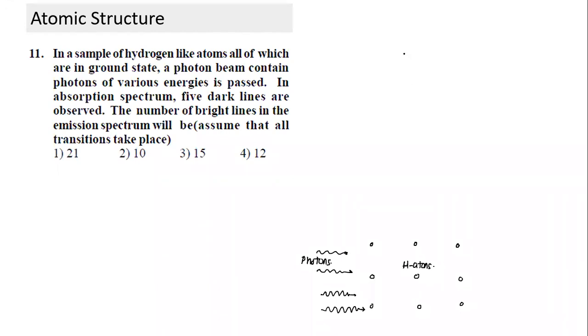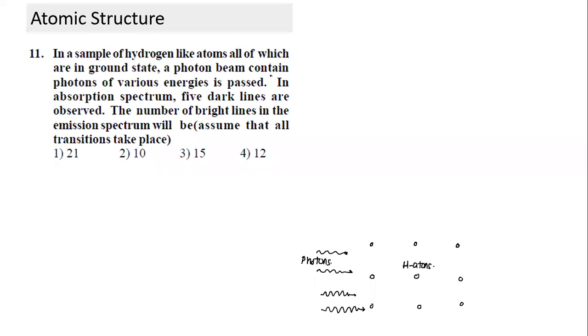No, sir, is it 15, sir? Hmm, 15. No, see, first of all, before the answer, I'm initially more interested in your thinking process. Answer is one part. We have to be sure that our way of thinking is correct. So sir, what does 5 dark lines mean? What is the information I can draw from here? This is an important part.